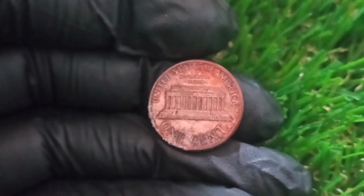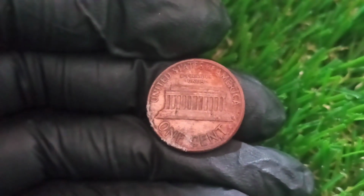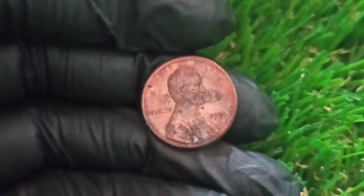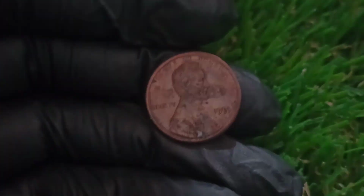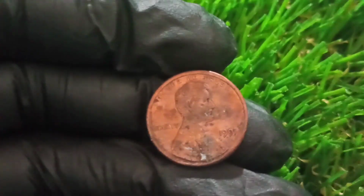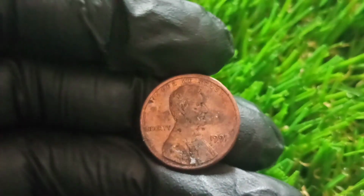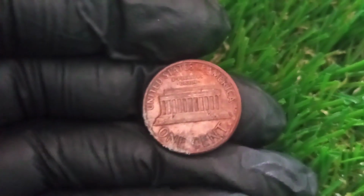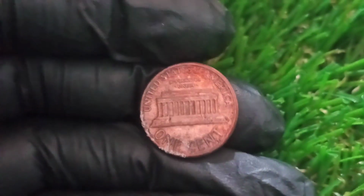But this is only the beginning, because beyond the astonishing composition anomaly, the coin also displays dramatic design errors, including a complete misalignment between the obverse and reverse dies, resulting in a rotational strike error of approximately 178 degrees, meaning that when the coin is flipped, the reverse appears nearly upside down relative to the obverse, a visual oddity that